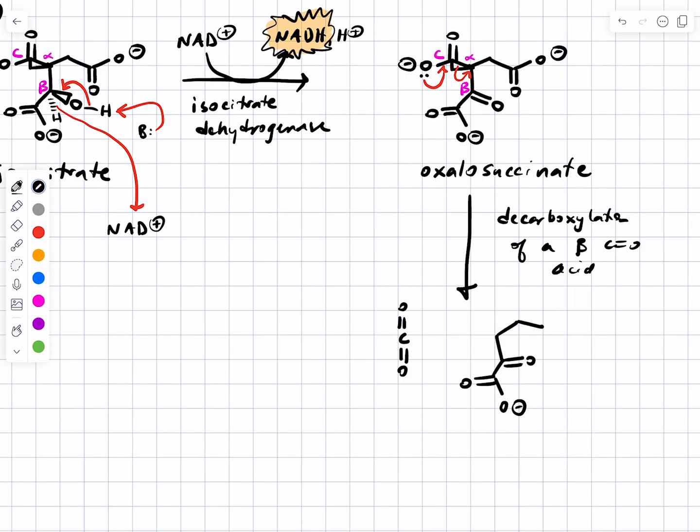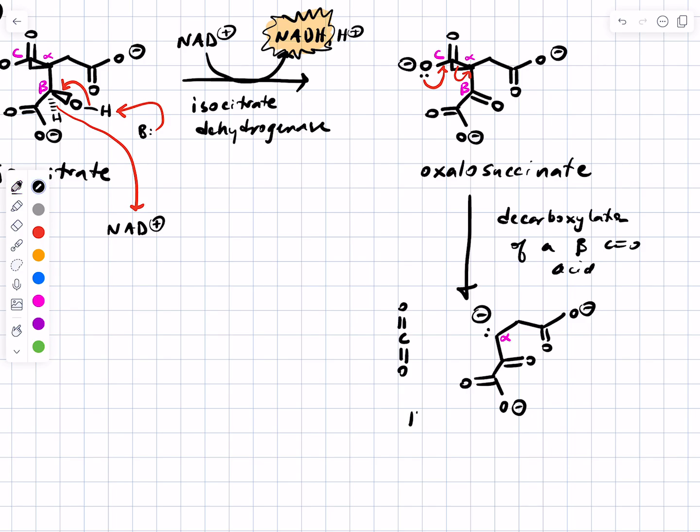Here's that pink alpha carbon, and the negative charge is there. Notice that the pink alpha carbon is alpha, let's see, before the reaction it was alpha to the carbonyl carbon, but it's also alpha to the beta carbon. And this enolate now is resonance stabilized, and it will then pick up a proton either from water or